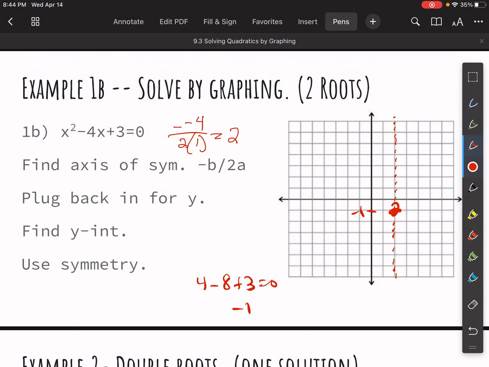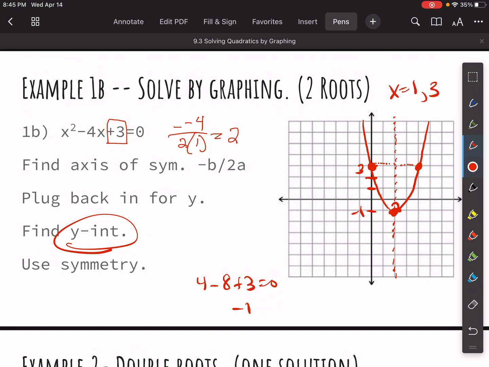We know it's opening up. We also know another point, the y-intercept. That happens right here always. And in this particular case, that is at 3. So at 3, we have this. Which means over here we also have a point, because this distance here was 2 to the symmetry line, so this one would be 2 as well. All right, so when I connect this through, it appears as though my zeros happen at x equals 1,